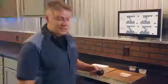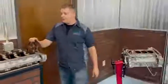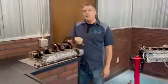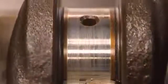Now, let's go take a look at some actual engine parts to see how this translates to the real world. We have a crankshaft that shows signs of abrasive wear. You can see an example of two-body wear here, where there's a nice even wear on the surface. You can see three-body wear anywhere you see a deep groove. That's where a piece of grit or sand or metal or something has gotten in there and really ground down into the